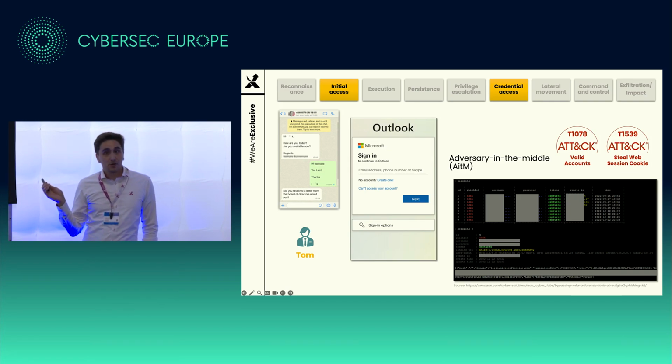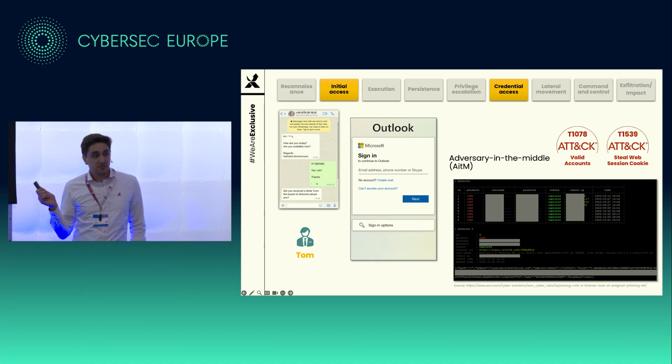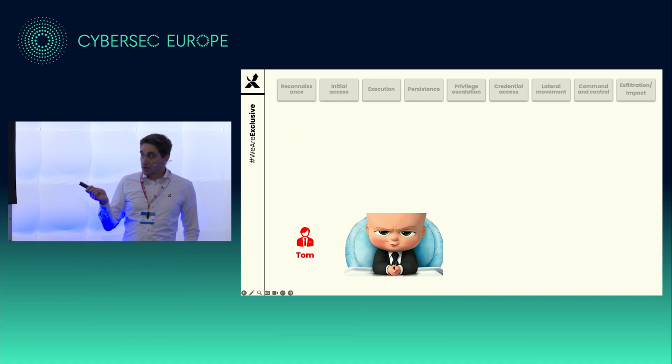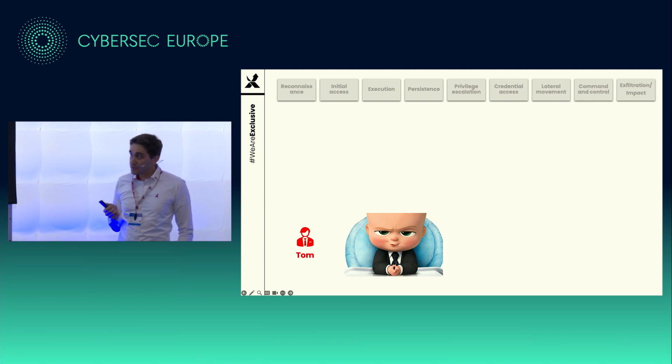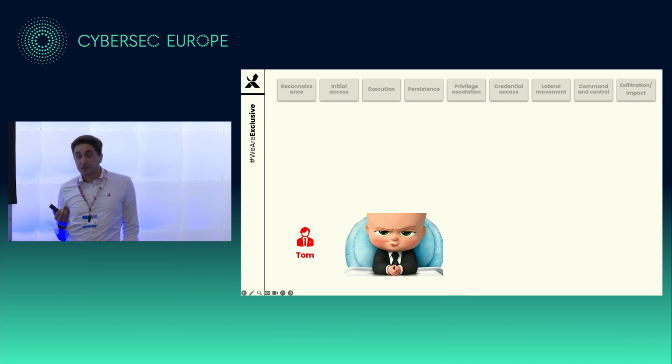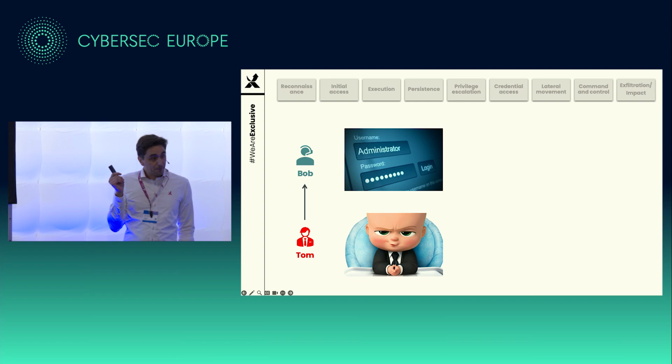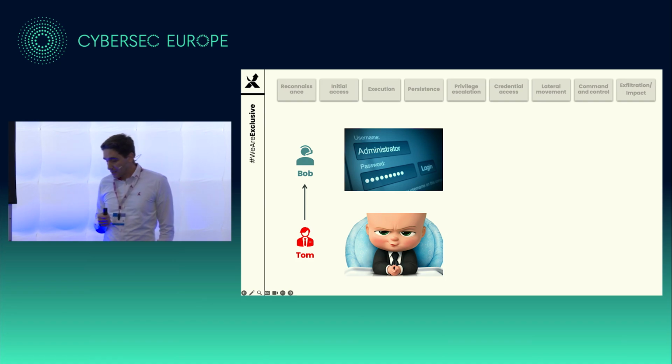Now he needs to be fast because these tokens have a limited lifetime, but he doesn't need a lot of time to execute his next step in this attack. Because what does he want to do? Tom is the boss of the organization, so he has probably a lot of interesting info in his email and contacts. But one of the things the attacker wants to do is compromise the whole environment. So we're looking for a guy who might have administrative credentials somewhere. That guy is Bob. Bob is the IT administrator. If we target him in the organization and we can get his admin credentials, then we have full access. With the credentials from Tom, not really. So that's what they did.